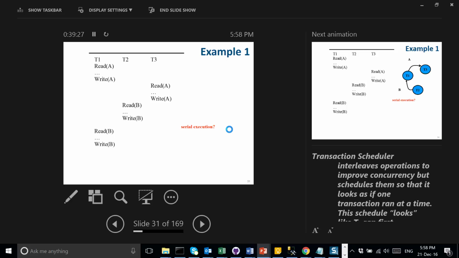No, T3 is now waiting for the TA to be released, for the lock on A to be available. No, not yet. Remember, the protocol says, particularly if we go with the strict protocol, it's called strict two-phase locking. When you get an exclusive lock, you keep it until you commit. Why is that? To avoid basically dirty read.